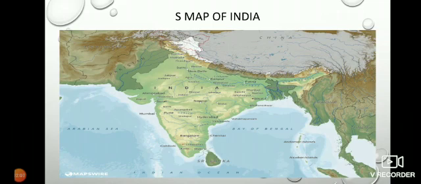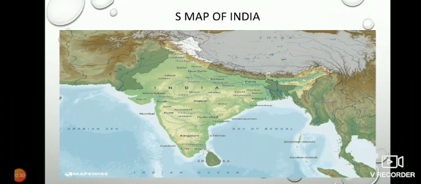What is the location of our India? It lies to the north of the equator. The geography of India is extremely diverse, with the landscape ranging from snow-capped mountain ranges to deserts, plains, hills, and plateaus. Do you know, children, in our country India we have 28 states and 9 union territories? And which is the capital of our India? Yes, you know, it is New Delhi.